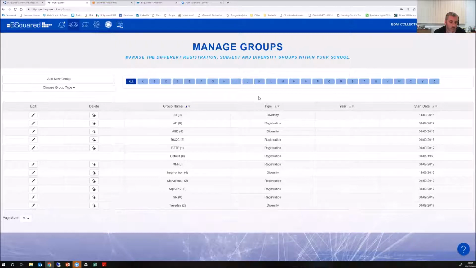You may be trying a new approach to something and want to see if that has an effect on progress. So you can create a diversity group to monitor that. On the Manage Group screen, if I click Add New Group,